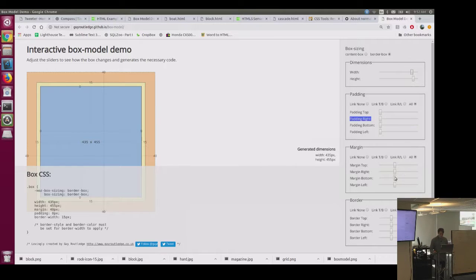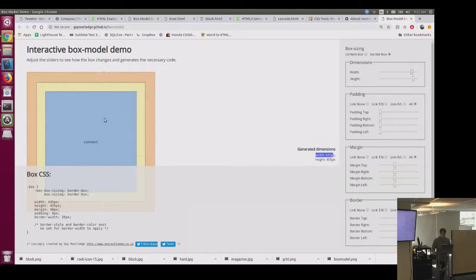I can play with their padding. I can play with their borders, change them. And the width of that element is going to stay the same. It's going to stay 435. So it gives me more power to have a bunch of equal looking things without having to crunch the numbers